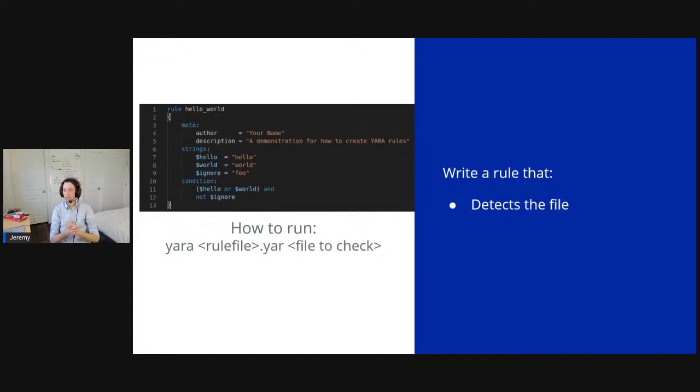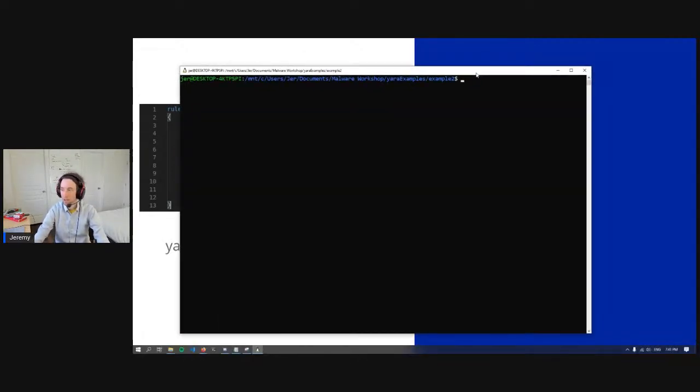All right, so come back. Anyone have any trouble? Anyone not able to detect it? The key on this one that I wanted you to do was to first figure out what the rule was even going to be. So it's a single file in there. It would be easy enough to just maybe use the file name, something like that. But what I wanted you to try to remember was